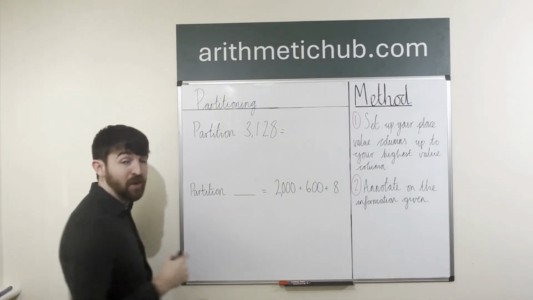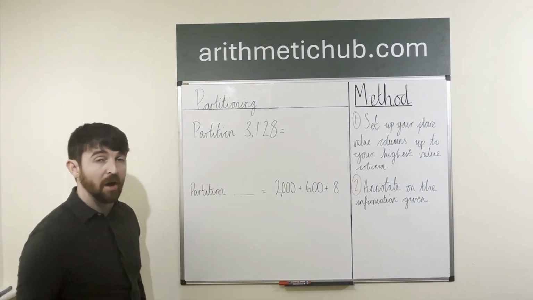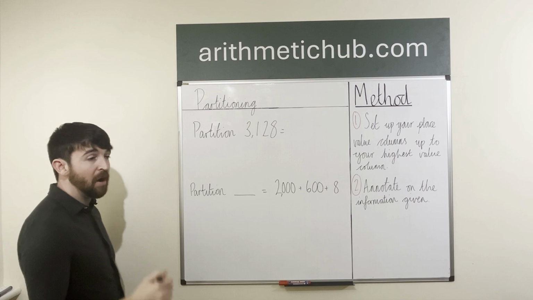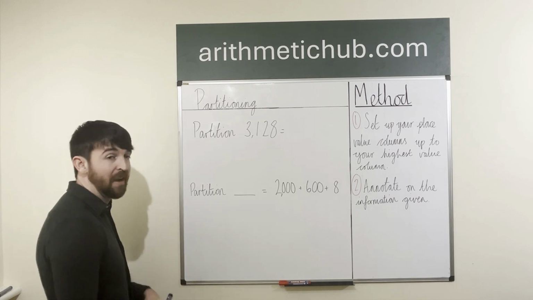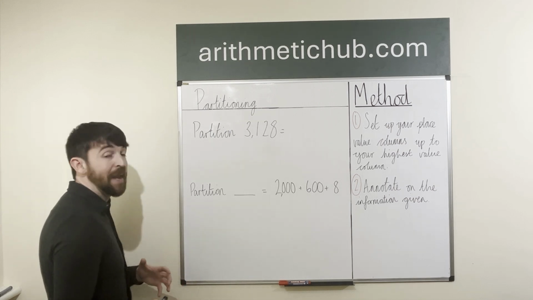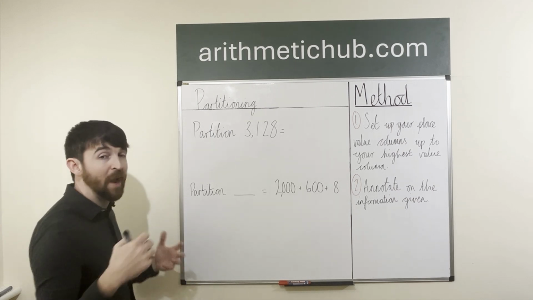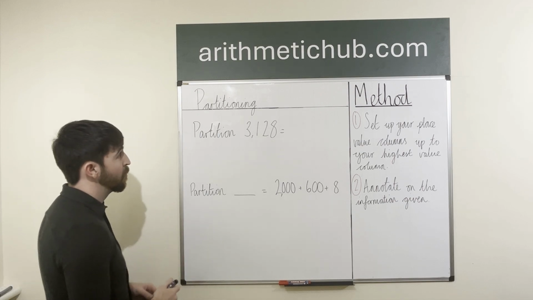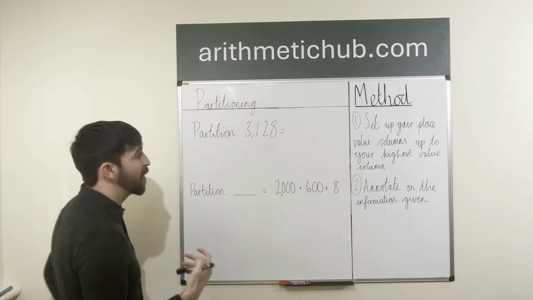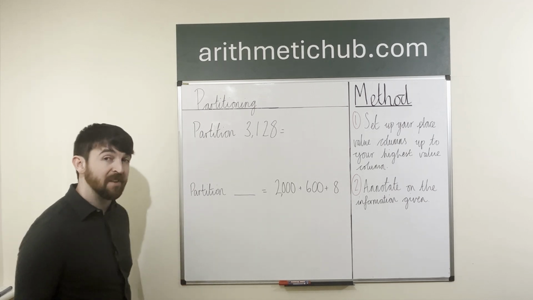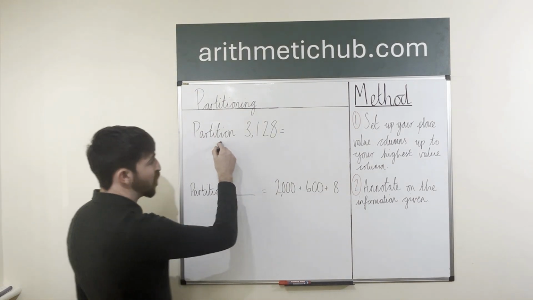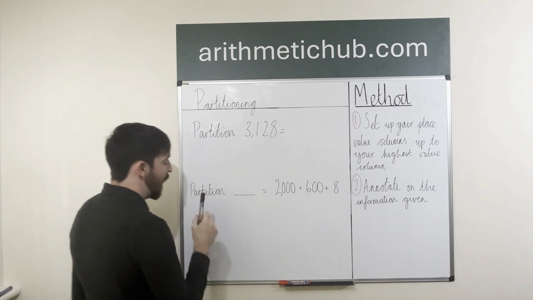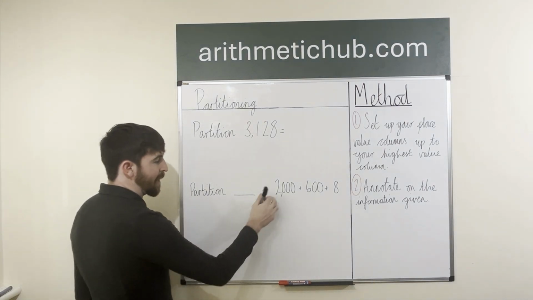Hi everyone, so today we're having a look at partitioning. When we do partitioning, we know we're going to have to split the number up, maybe into different columns or different ways. We can partition things in different ways. Here's the way of partitioning we're going to be focusing on with these types of calculation questions: partition 3,128 and partition blank equals